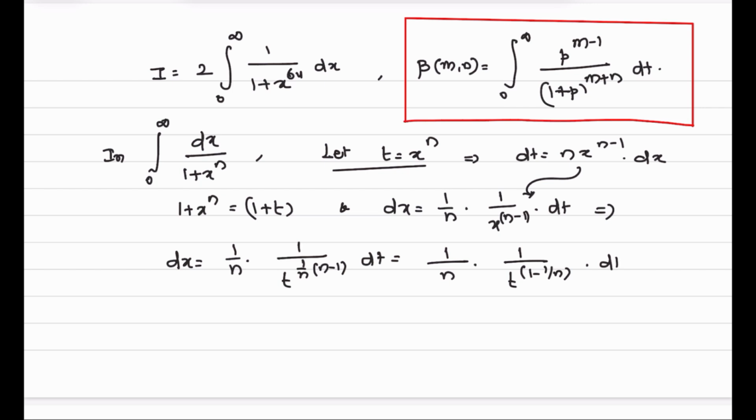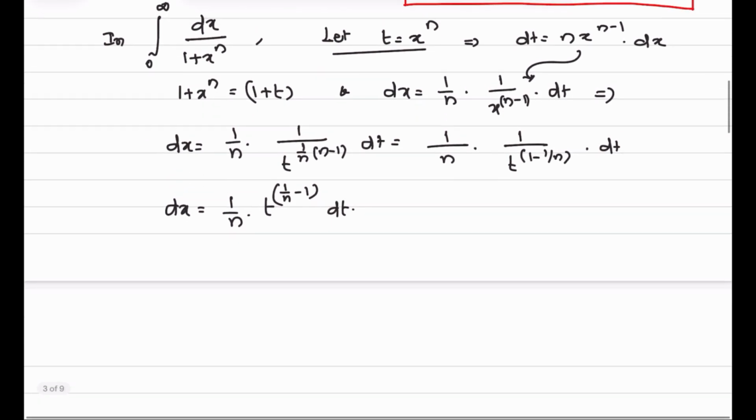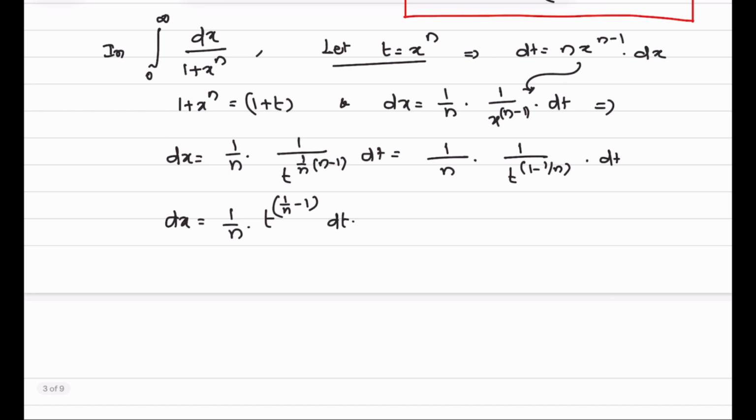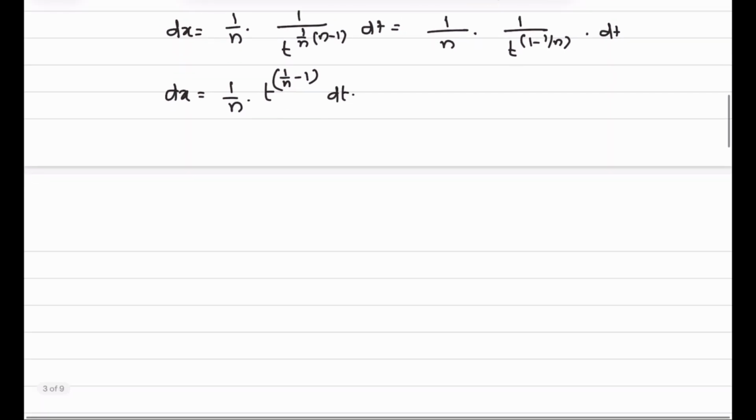Into dt. dx is equal to 1 by n into t to the power of 1 by n minus 1 dt. Do you agree? You replace dx here, then integral 0 to infinity